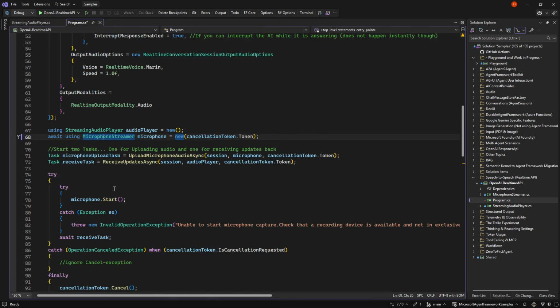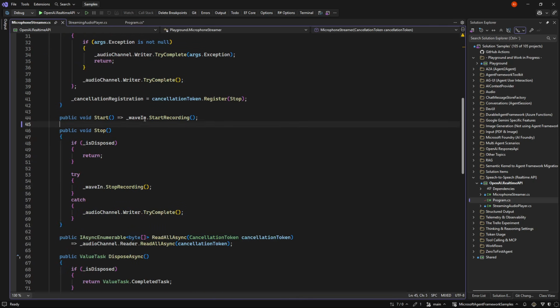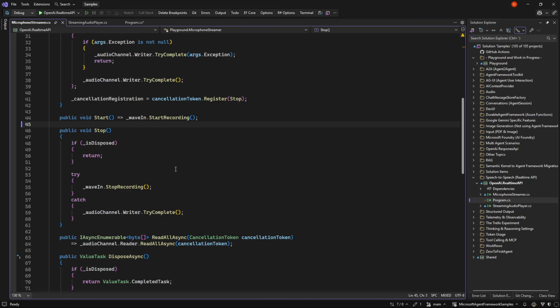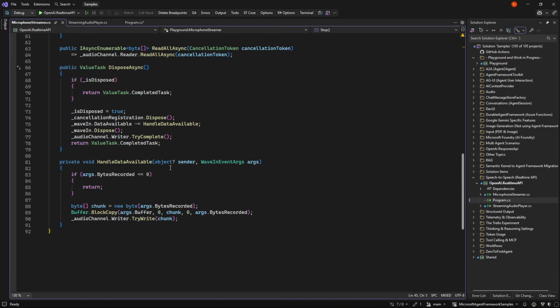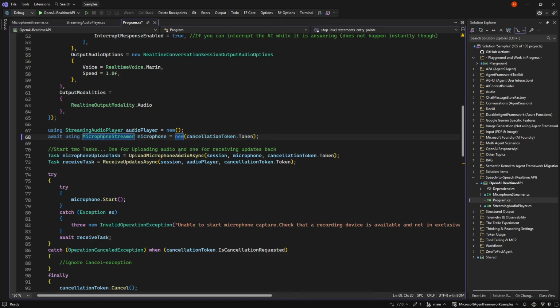In the same manner, we have a microphone streamer that we can start a recording with, and then we can restart that recording every time we ask something new, but otherwise the microphone is open all the time, waiting for us to speak. Again, this is vibe coded using Codex, and it's just C# more than anything.